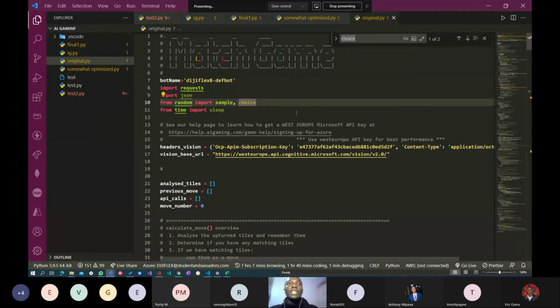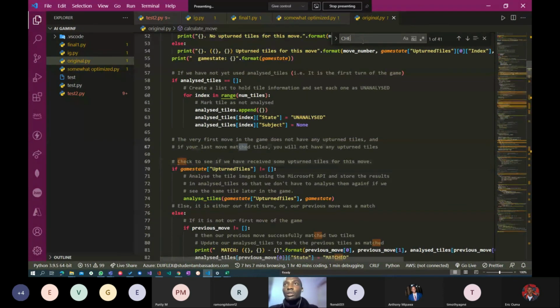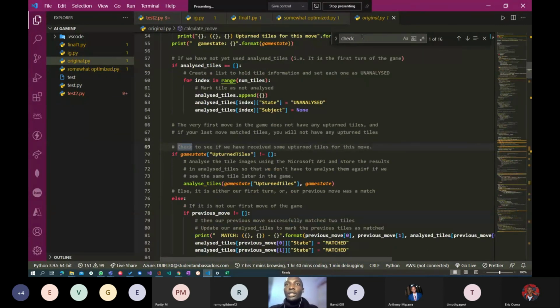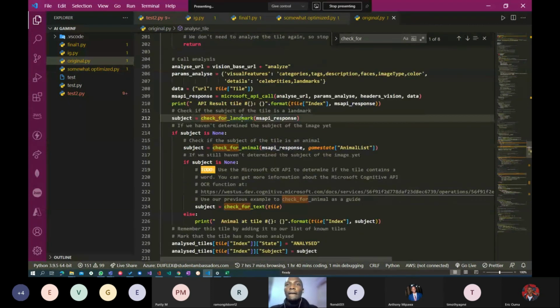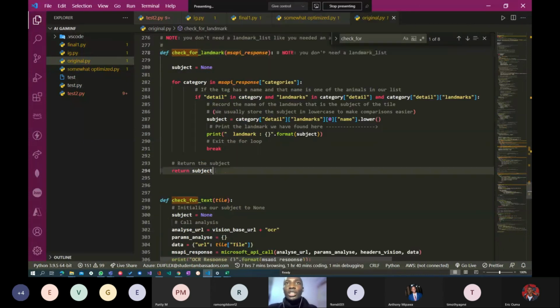Okay, so I'm taking a look at the original file. I just want to show you the difference on some of the things I added. Let me look for check for landmark. This is what I'm looking for. If I go to definition, right click, go to definition, you can see that in the Microsoft template file that you're going to create, check for landmarks, or even check for animals, you are only returning the subject. And what is the subject? The subject is going to tell you if it's a cow, a cheetah, an elephant, or the name of the building. But now, remember, we need to keep track of